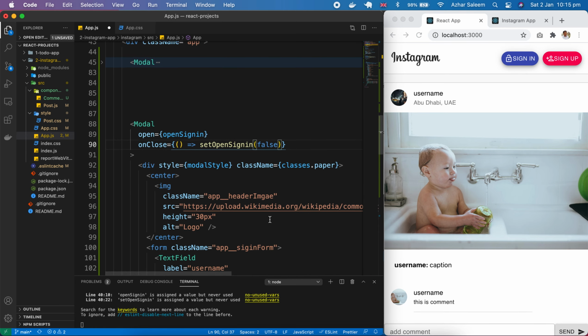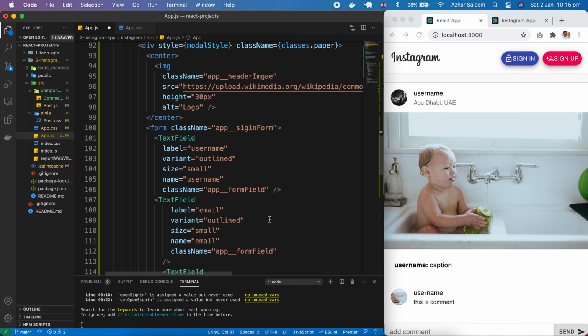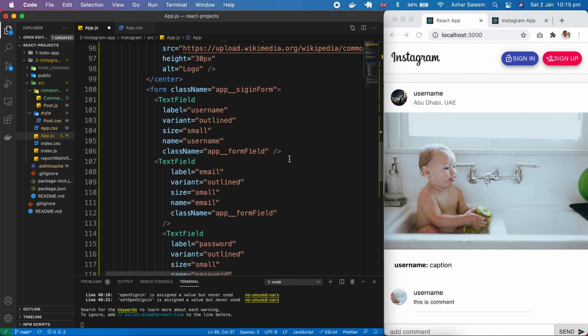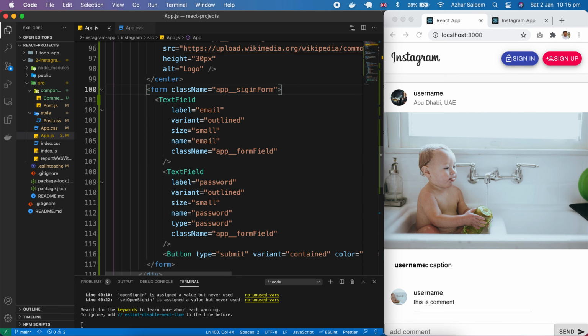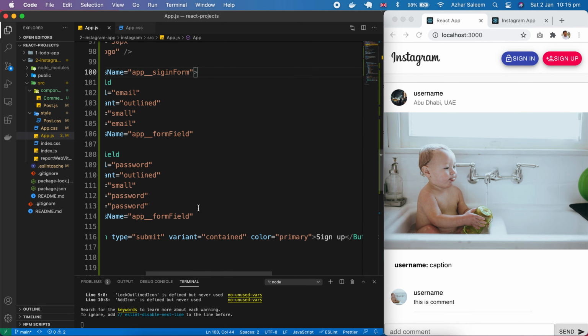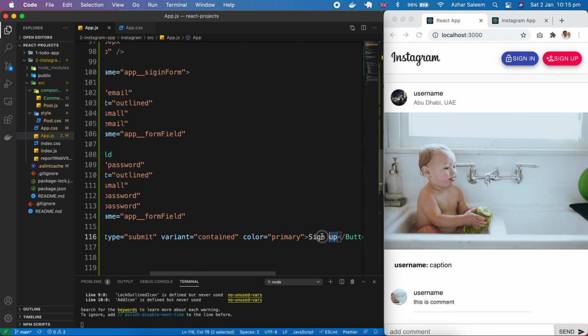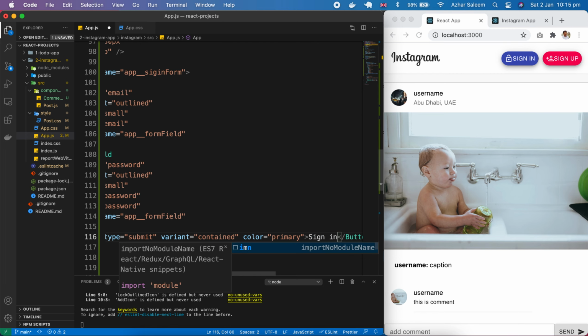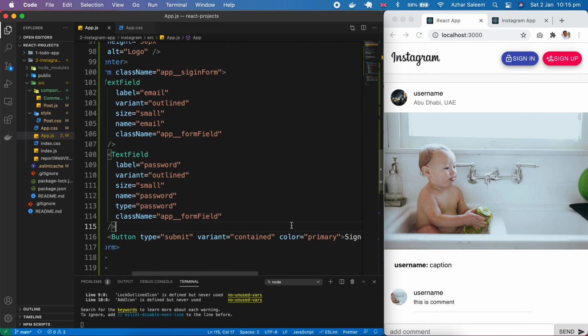Make it false. Everything is the same, but here for sign in we need email and password, which we will set up. Just save it, and instead of sign up it should be sign in. Save,